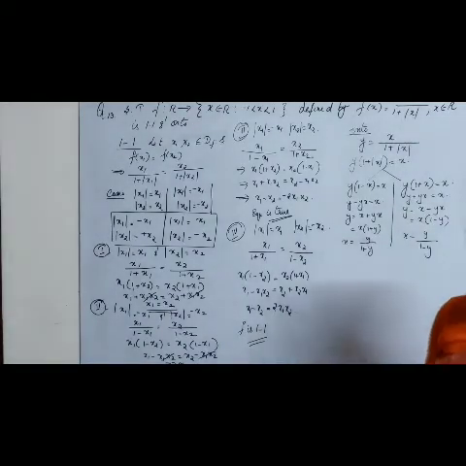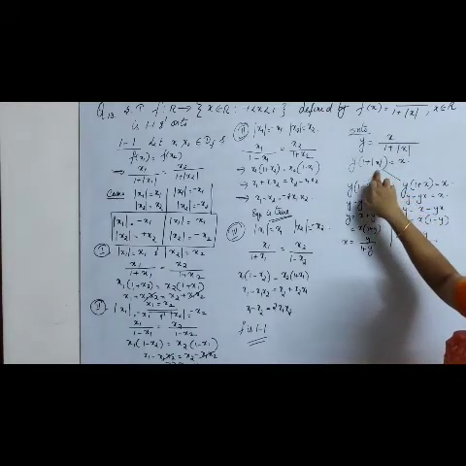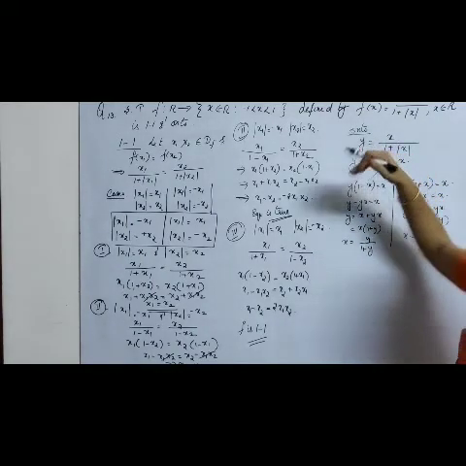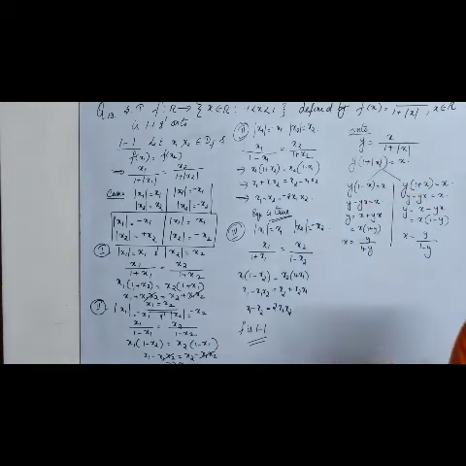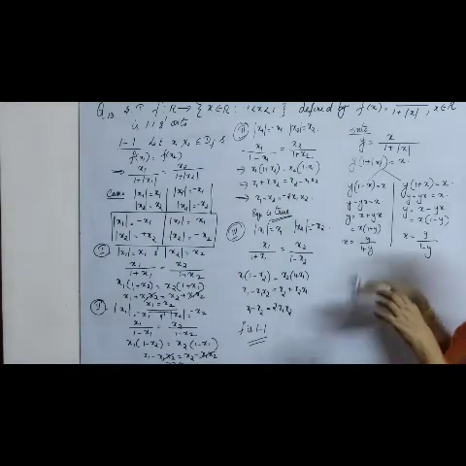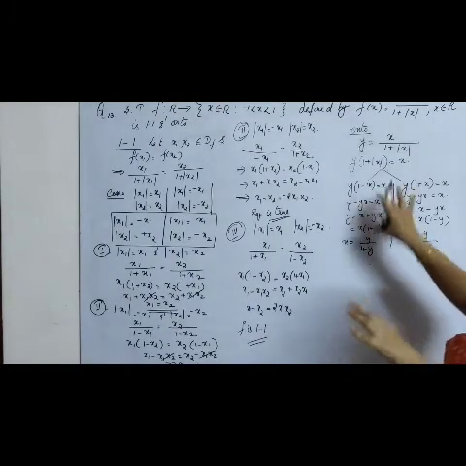variations of the function. Here the function is having a mod. That is the only problem happening here in this particular question. That is, mod x has to be treated as both positive and negative. That makes this a bit confusing here. But there is no confusion. It is very clear.